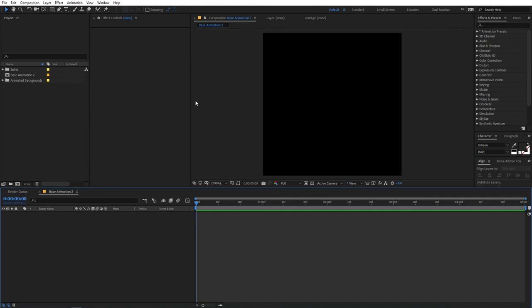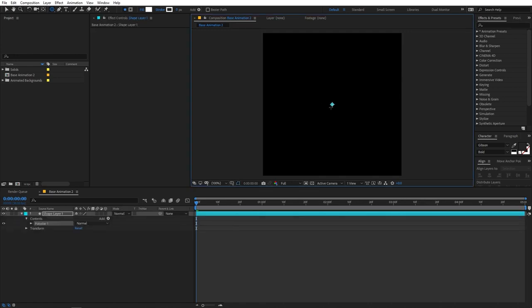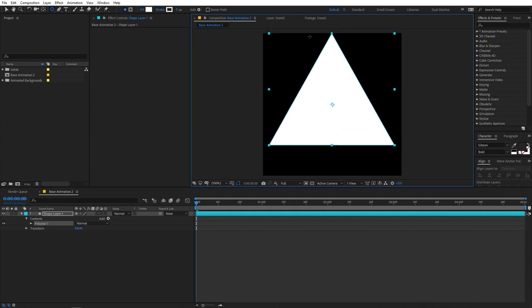Now I'm going to add a shape layer. So for that I'm going to use the polygon tool once again, because later on you can change the number of points and you can create a new shape without having to animate it. Now just click anywhere in your composition, and if you hold down the Control and Shift key you can see that it will snap it into the center, and just like that you can just align it in the center